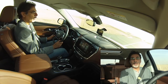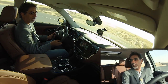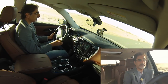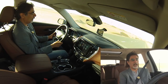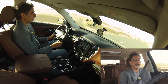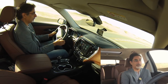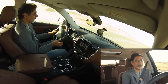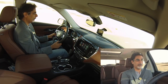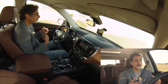Around town is also quite usefully maneuverable and agile and reasonably practical. It is a big car, but the 360 camera does help in parking it in spaces and getting it around town. If you are intimidated by a larger car, then to be honest, this does feel like a large car. So if you're like, oh, it's too big for me, then it probably is too big for you, and maybe this is not the right one for you. But if you need the space and you need the comfort...